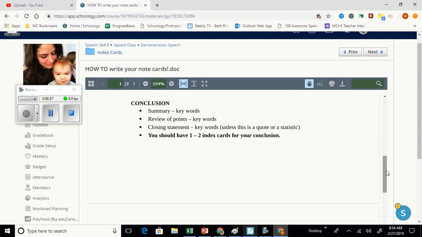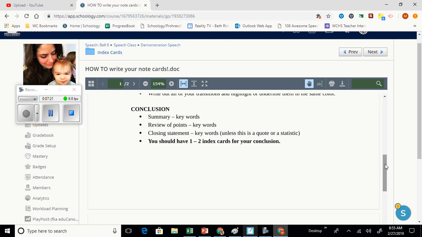Once you move on from your body, you'll go to the conclusion and you will use keywords for this entire section unless you're using a quote or a statistic. And you'll have 1 to 2 index cards for your conclusion. If this all sounds confusing, it is when I'm talking about it on this audio recording, but when you have your sentence outline open on your Chromebook, you have this document in front of you and your index cards. You can simply follow it, starting with the introduction and moving to the conclusion,